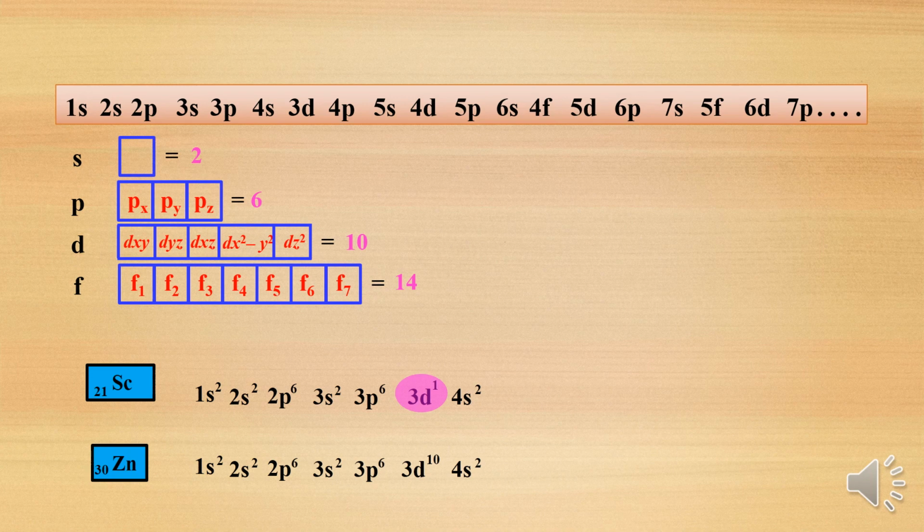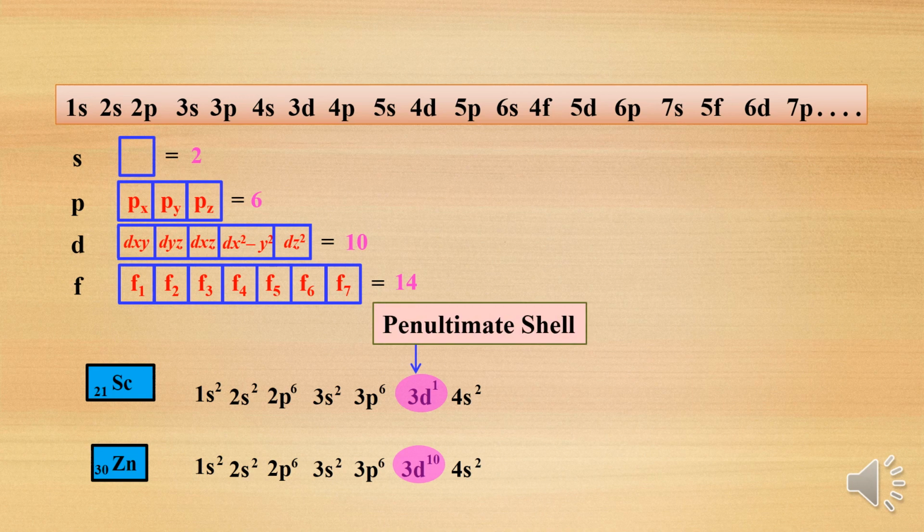Now see, in this electronic configuration, 4s is nothing but the valence shell, and 3d is nothing but the penultimate shell. Inside the valence shell there will be the penultimate shell, and again inside the penultimate shell, the pre-penultimate shell. So outermost is the valence shell, before that the penultimate, and before that the pre-penultimate shell. Here in the D block elements, the last electron enters the penultimate shell. See there 3d1 and 3d10 with respect to scandium and zinc.